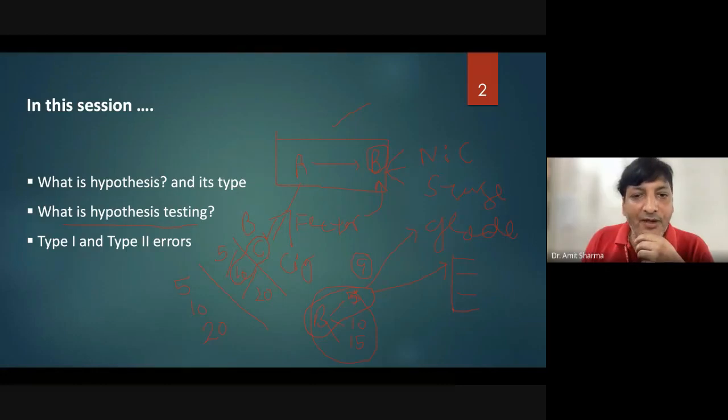At the same time, whenever we are proceeding with the hypothesis, we have to take the errors into account along with the research. That means either there is a chance of type 1 error in the research, or there will be chances of type 2 error. So in general, we expect that there will be chances of both kinds of error. It might be possible that type 1 error is more, or type 2 error is more.